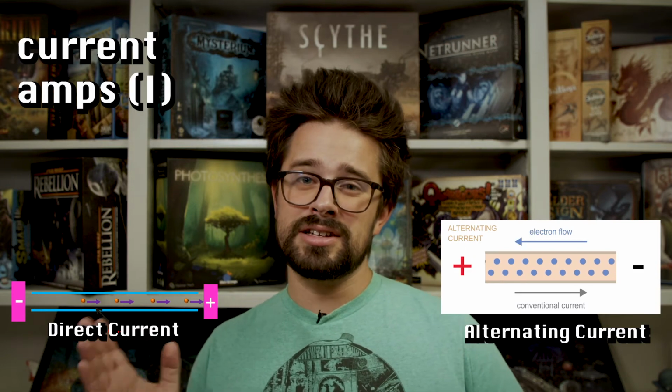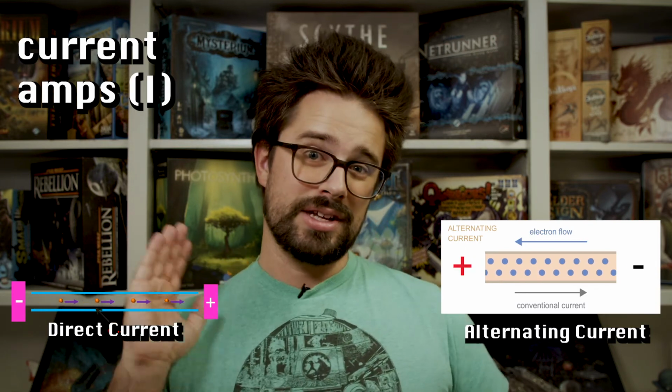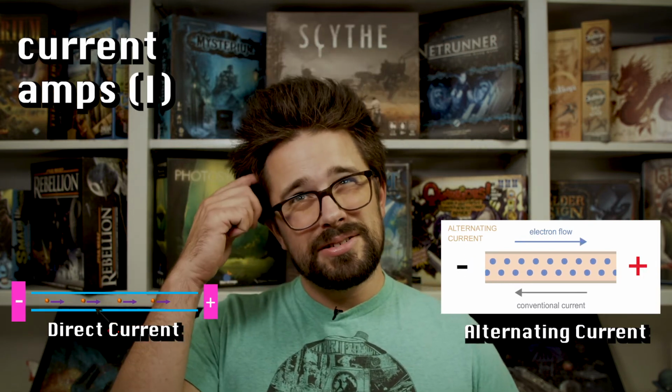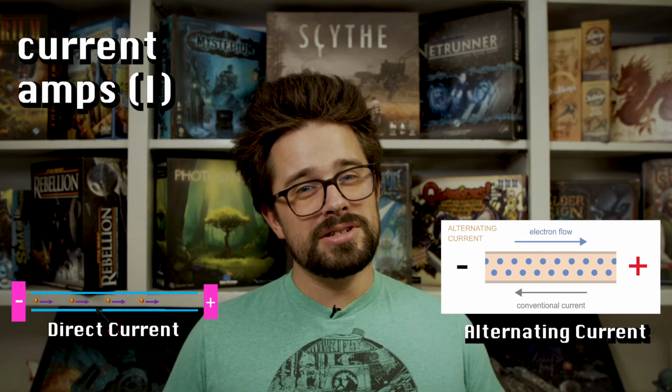Now, this is where I want to take a trip back to the AC and DC thing. Remember alternating current and DC current? Direct current flows one way. In other words, it has a start and it reaches an end, and that's it. Now, this is where the water analogy starts to break down a little bit. Alternating current actually allows flow both ways, which is a little tricky to wrap your head around, so we're not going to go too much into it, but if you want to look it up, it's pretty fascinating.